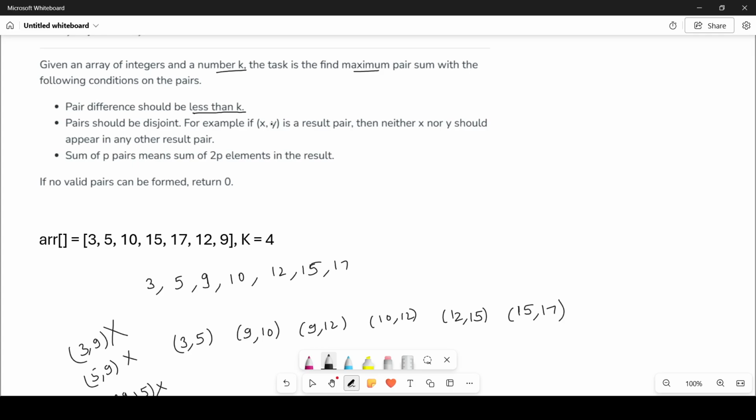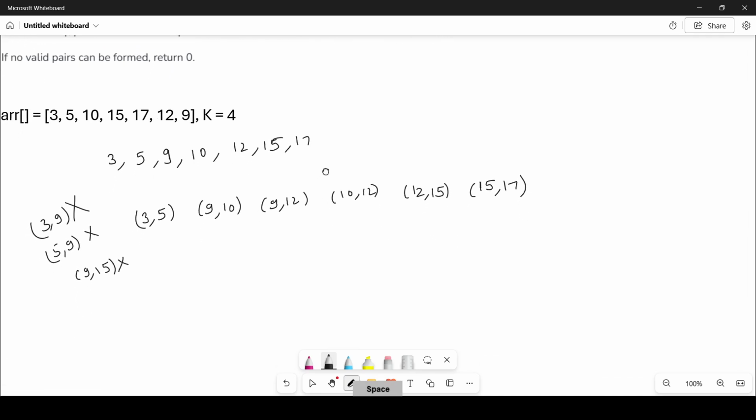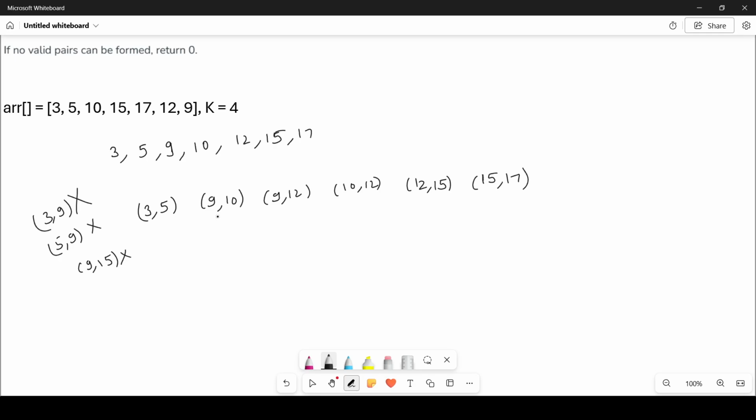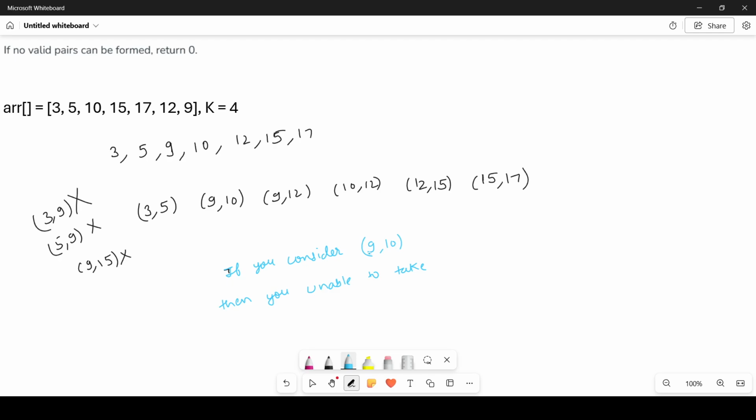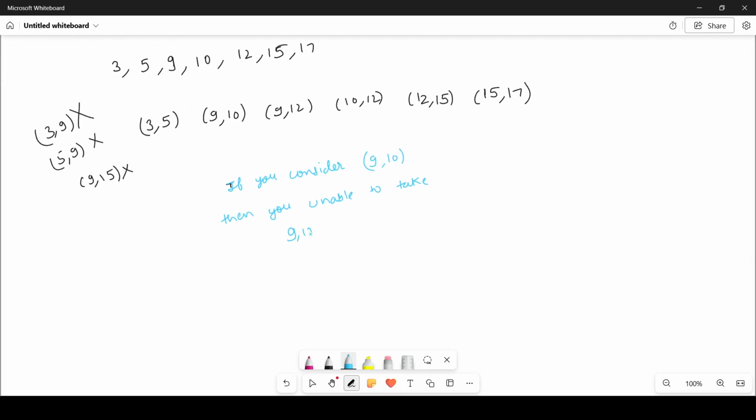So pairs should be disjoint. For example, if x comma y is a result pair, then neither x nor y should appear in another result pair. As you can see here, let's analyze the second condition. If you consider the 9 comma 10 pair, then you are unable to take which pairs? 9 comma 12 and 10 comma 12, because both of them are